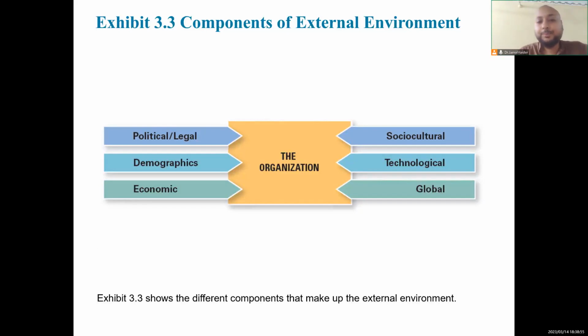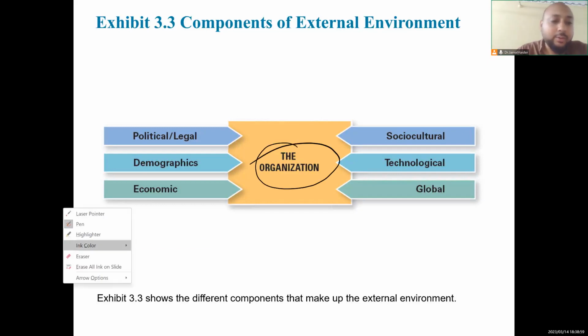So you see here, the organizations have no control over,